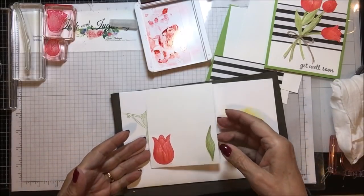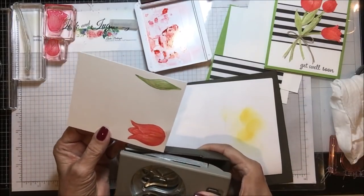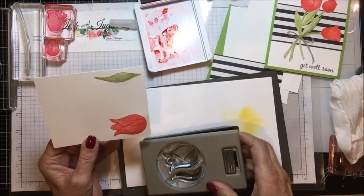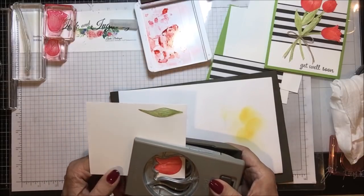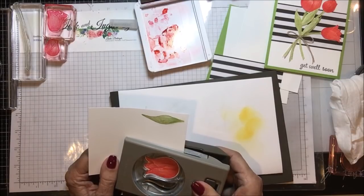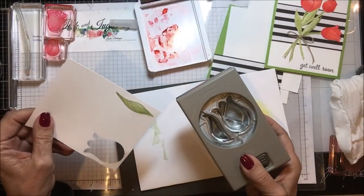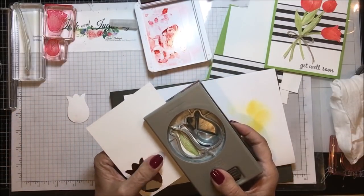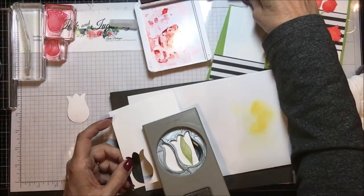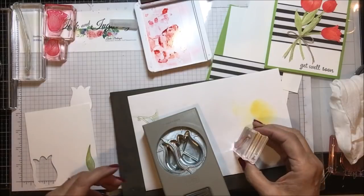So what I did was I used this. Now on the stamp, if you stamp along the bottom and to this side of whatever piece of paper you're cutting this from, you can cut this tulip out right on this side without any waste. And if you stamp your leaves along the edge of the paper on this side, now this isn't the right one because it's this one that you punch out. If you put this one along the edge here, let me just do it,